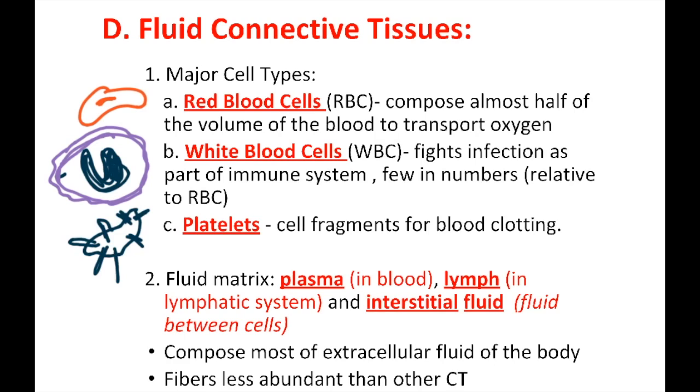Now, fluid matrix depends on what it's made of. The most common fluid matrix that we discuss when we talk about fluid connective tissues is plasma. That's the fluid that surrounds the cells in your blood. Lymph is a different system. Lymph is a fluid that flows through what's called your lymphatic vessels. Your lymphatic system is kind of a weird system that flows side by side with your blood flow, except it moves a lot slower, which gives more time for your white blood cells to travel around your body and look for